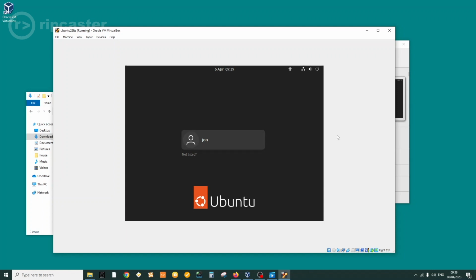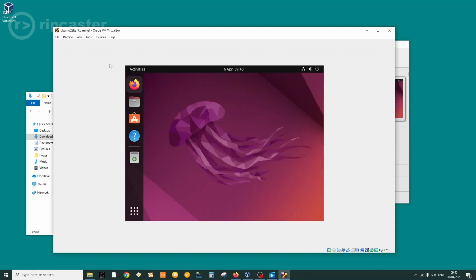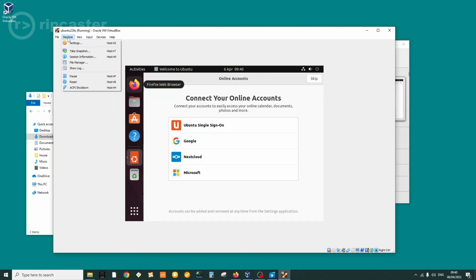Now, it's a scaled window within a window right now. One of the first things I'm going to do, just for the purpose of the video, is install something called Guest Additions. This will give us a better, scaled screen. This step isn't actually necessary if you are just using it for yourself, and you can read the screen perfectly. But if you want to use more screen real estate, then you want to go up to here and machine